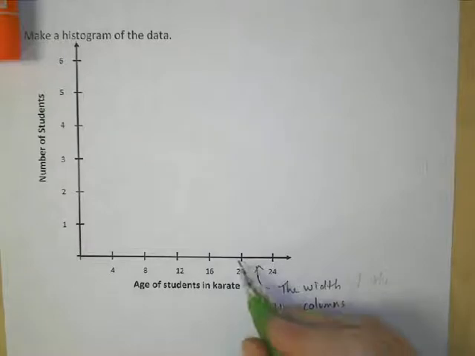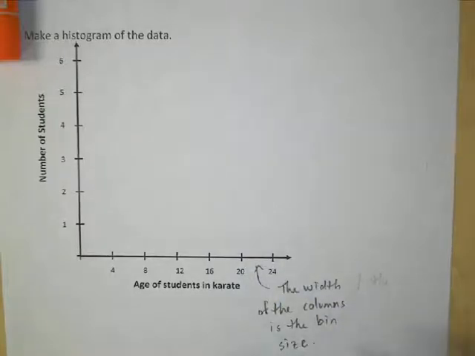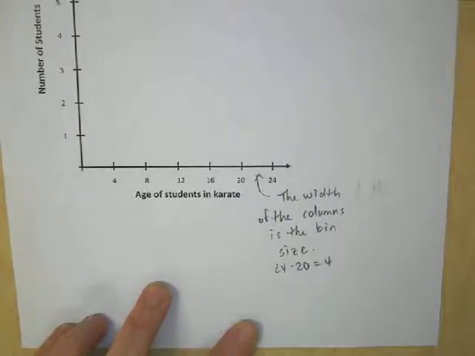Okay, so the width here has a width of 4. So 24 minus 20 is equal to 4. So the bin size here would be 4. Oops, sorry, I can't see that. The bin size on this one would be 4. So 0 to 4, 4 to 8. All right, so now